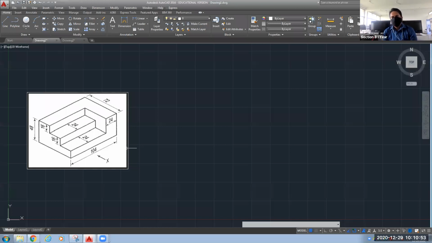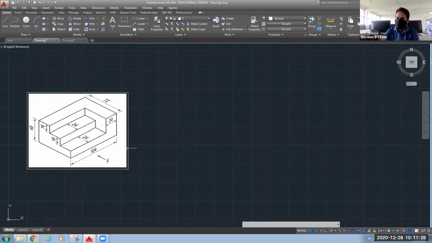So one web application I have sent you on your WhatsApp group last week, but I have seen that all the functionalities are not there. Anyhow, you try to draw on that mobile application until you are able to buy your computer. Okay, sir, AutoCAD mobile app. That link I have shared with you. Directly it will open in your browser and you can start working on it. Okay, sir. Thank you, sir.